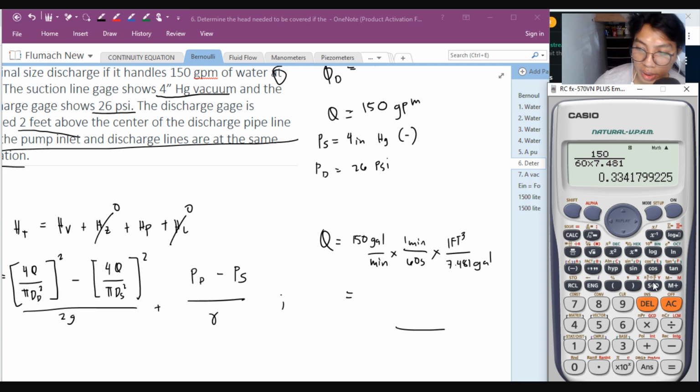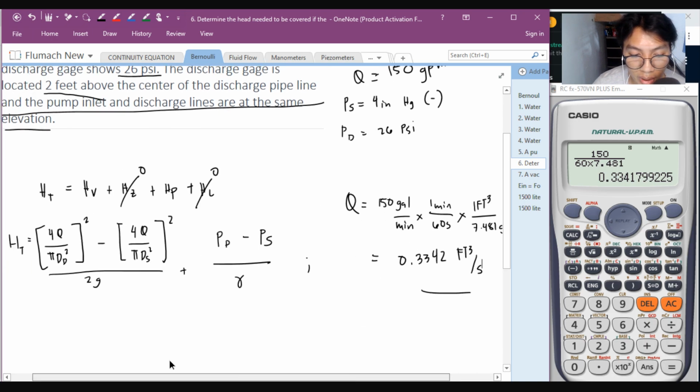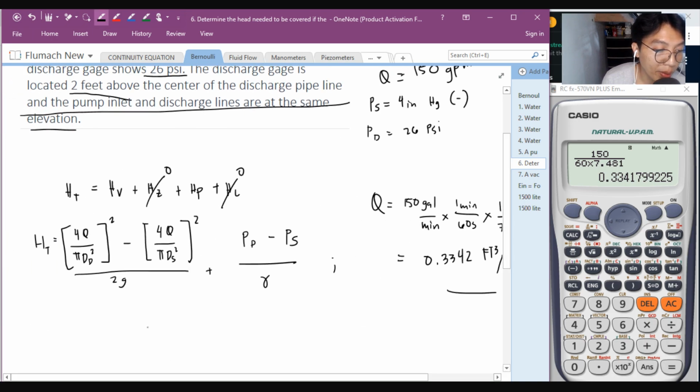The answer is 0.3342 cubic foot in every second. Pasok natin yung value niya dito sa calculation. Dire-diretso na. So, head total is equal to